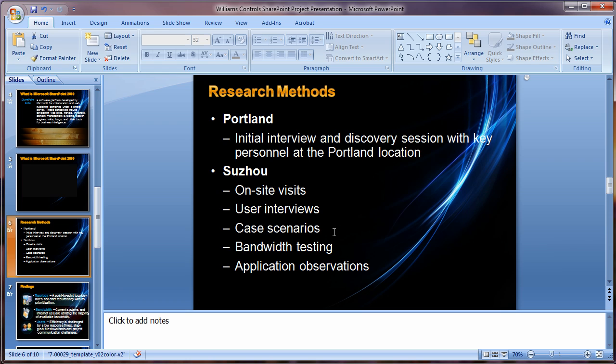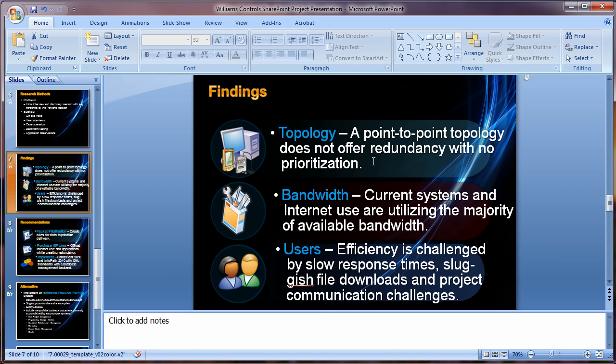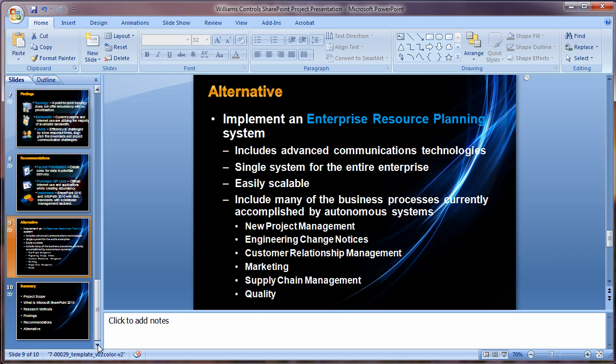Continue to work through the presentation. Again, summaries. As I gave the presentation, I expanded on this. Another thing that I see a lot of folks that give presentations do, they just read the slides verbatim. And as soon as you do that, the audience realizes, hey, I can do that. They quickly read your slide, and the next thing you know, they've tuned out. You've lost your audience. So here's some points, the findings, my recommendations, an alternative, and then finally,